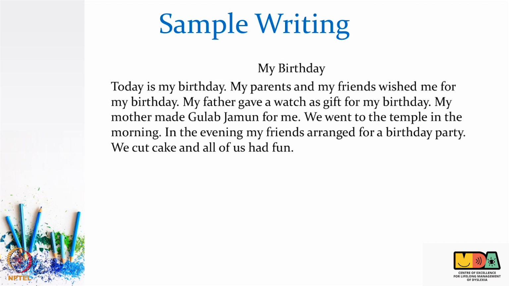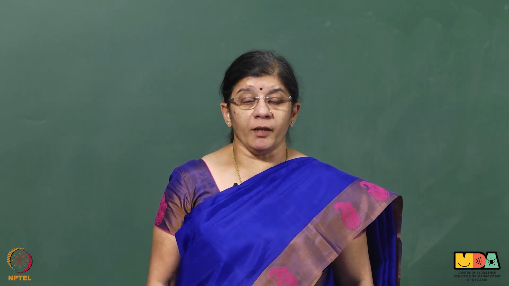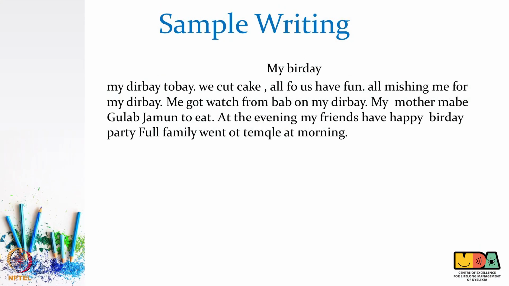This is a sample writing by a child where the child expresses the thoughts and ideas in a proper structure. This is a sample writing by a dyslexic child. If you observe, the child has plenty of reversals and there are many mistakes in grammar. The flow of thoughts is not in place and the order in which the thoughts need to be written is also not there. The child has not followed a proper structure in expressing his thoughts and ideas.